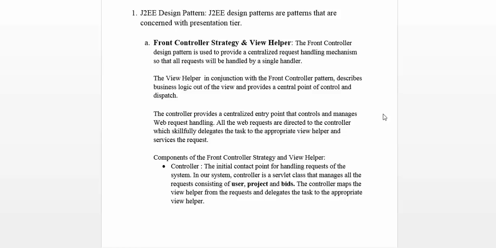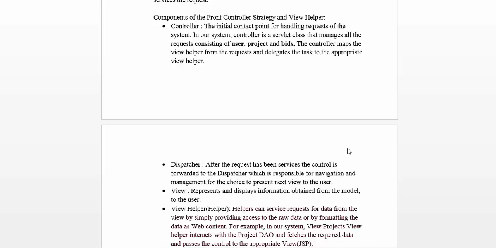The front controller design pattern is used to provide a centralized request handling mechanism so that all the requests will be handled by a single handler, which means that whenever a form is requested, the data is moved towards the controller. A controller is a single entry point through which all the data passes, and from here the controller maps to the property file and the information is then passed over to the view helpers. The view helper, on behalf of the controller, executes the operations and then returns an appropriate view name to the controller, which forwards it to the appropriate view.